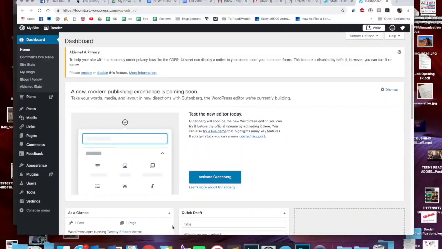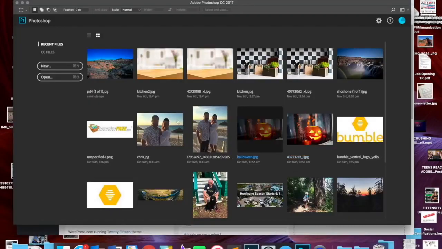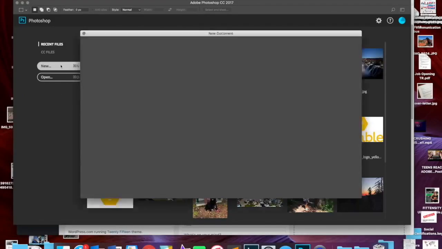Okay, so let's walk you through the process of not only adding watermarks to your photos, but then creating a photo slideshow inside one of your posts here on WordPress. So first thing we want to do is go ahead and go to Photoshop. And I've already saved a couple of photos that I'm going to be using for this particular part of the